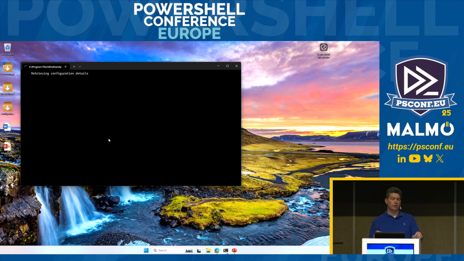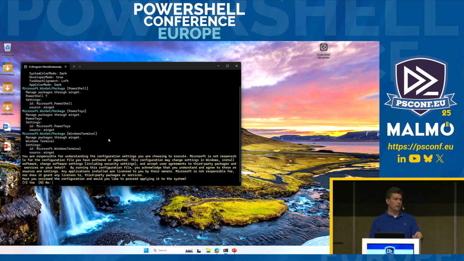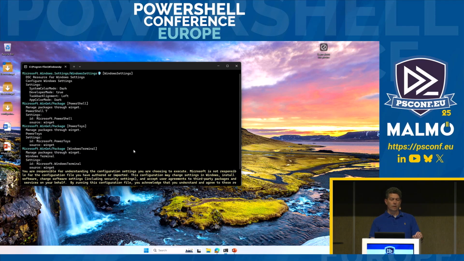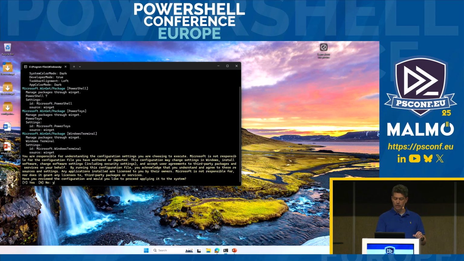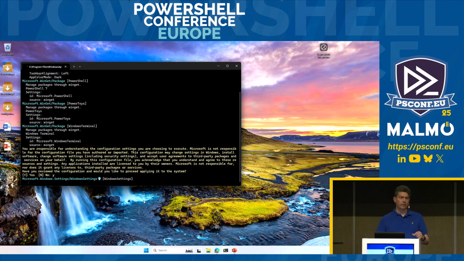What it's going to do is go through and take a look at what's in the configuration file. It's going to try to determine if all of those resources are available and what their settings are. And then I get the lovely yellow wall of text that says, you know, user beware here. You'll notice this top one, the Windows settings, has got a shield on it. This is what I had talked about earlier for mixed elevation. It's going to change my Windows settings. It's going to set my background color to dark, and it's going to align the taskbar on the left. When I hit yes, it's doing a UAC prompt. This is the only prompt that it should have to do for me.